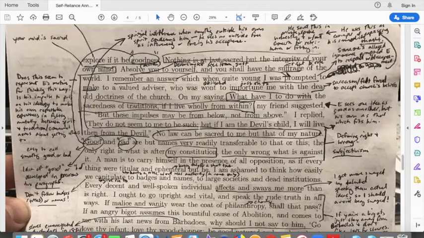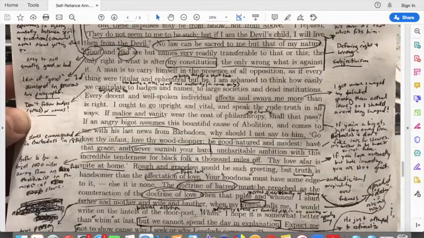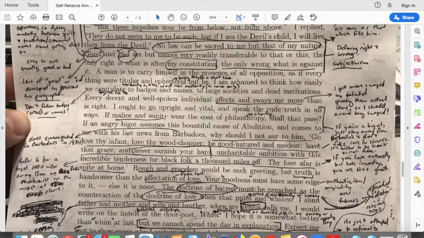In other words, I'm going to go by my personal convictions because I value them as divine. I value them as sacred. My inner thoughts are godlike in themselves, and so are everyone else's thoughts. So, he says, no law can be sacred to me but that of my nature. All right. And at that point, as I had said, he goes from this sort of subversive tone